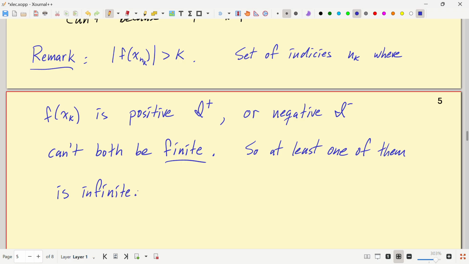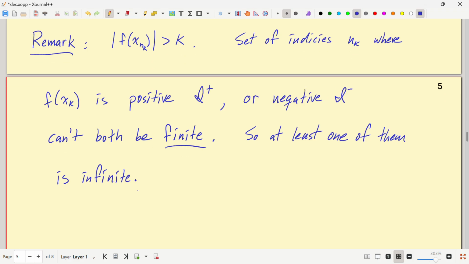That means there's going to be a subsequence that either blows off to plus infinity or blows off to minus infinity. So I can take a further subsequence